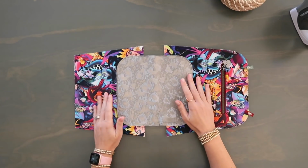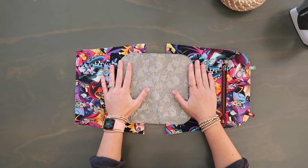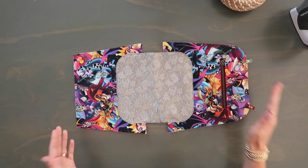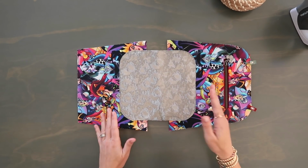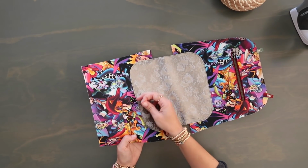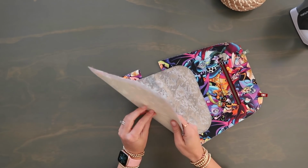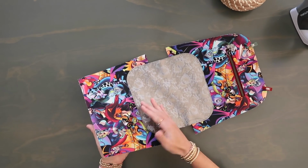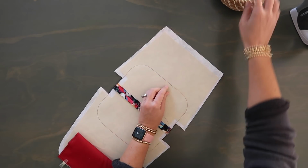You may have noticed I did have to switch out my presser foot because I noticed it was starting to stick to my vinyl and my vinyl was shifting. That's a possibility. If that happens and you don't have a non-stick presser foot, what you can also do is just put a little piece of tape underneath the bottom of your presser foot, and that will help. But since I had to switch it out, I had to cut my material right where I did not want to cut it. But thankfully, I can have these long tails on the front, and then I can pull them from the back